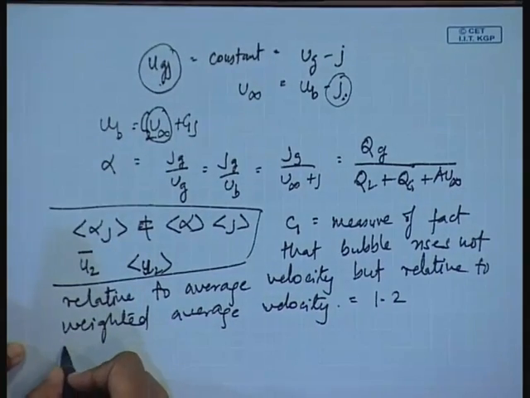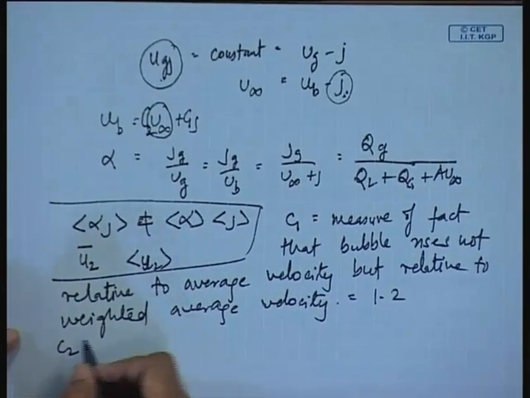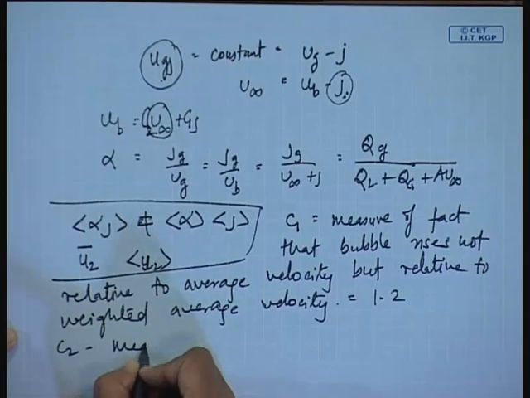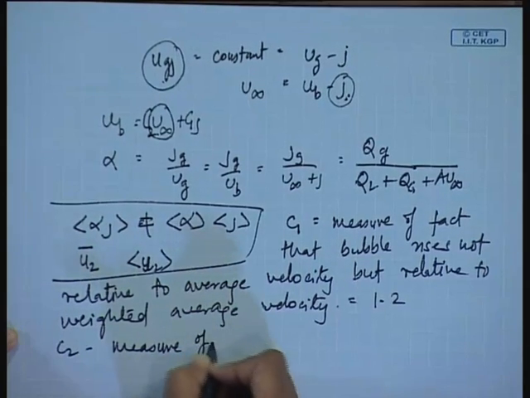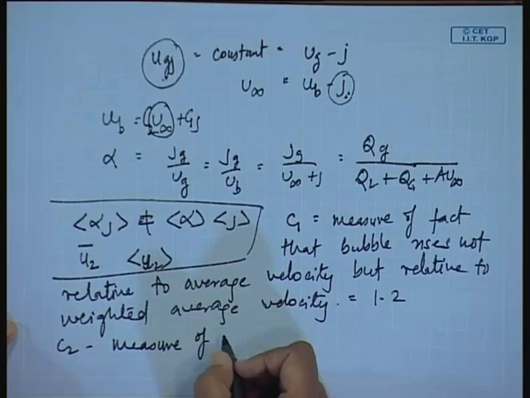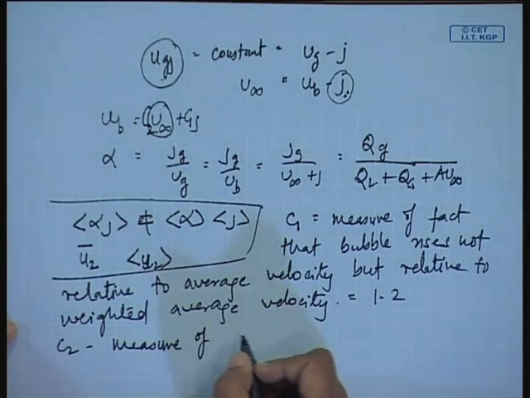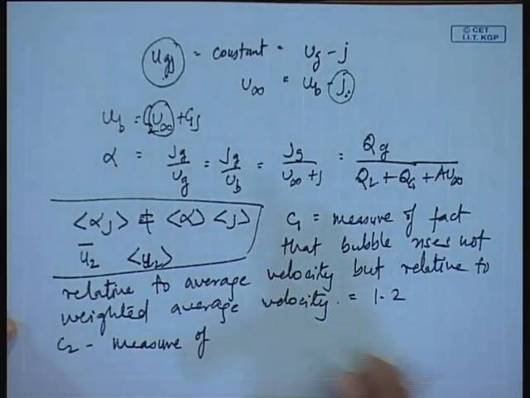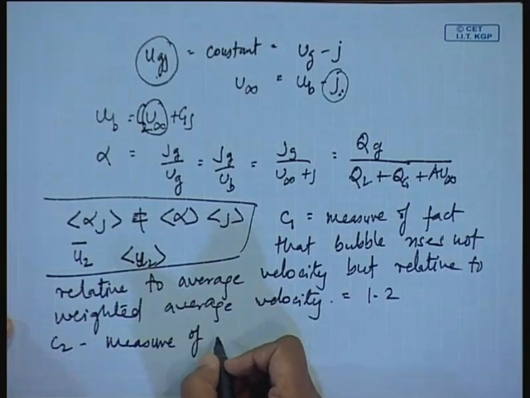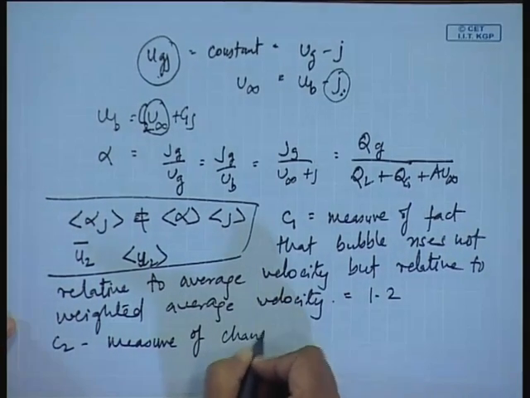You will get these in books, but probably not in the form that I am teaching you. In the books, it is slightly more haphazard, that is what I have felt. So if you follow the notes and then refer to the book, it will probably be simpler for you to follow. So we find that C2 is a measure of change in relative velocity,